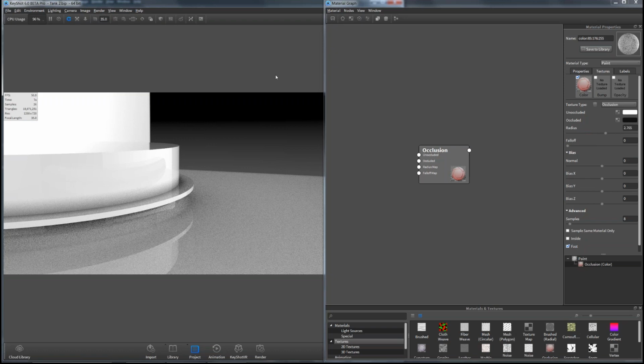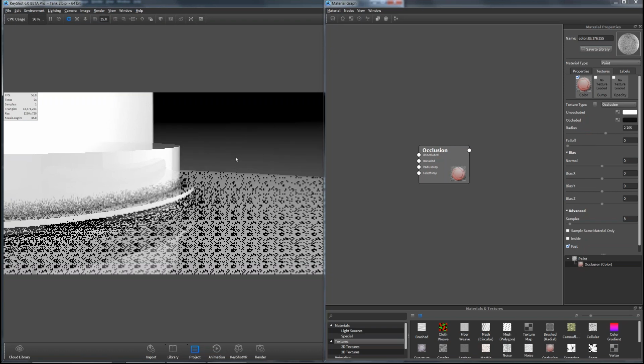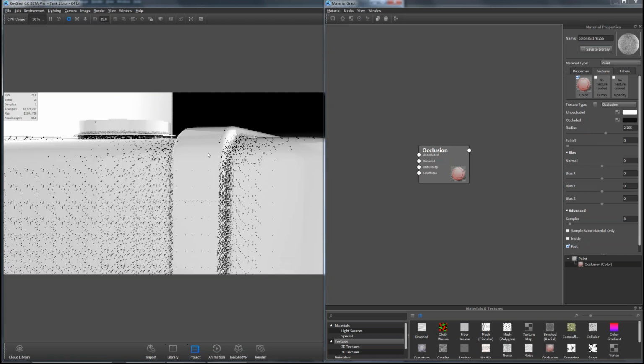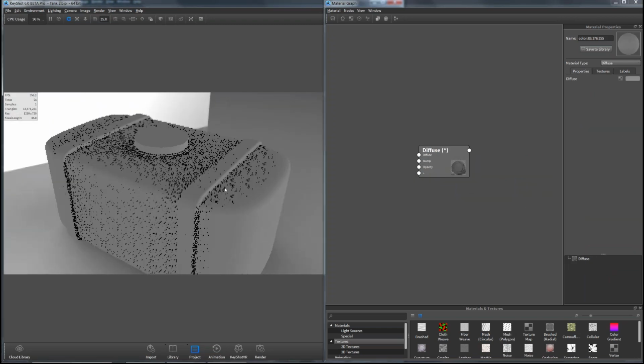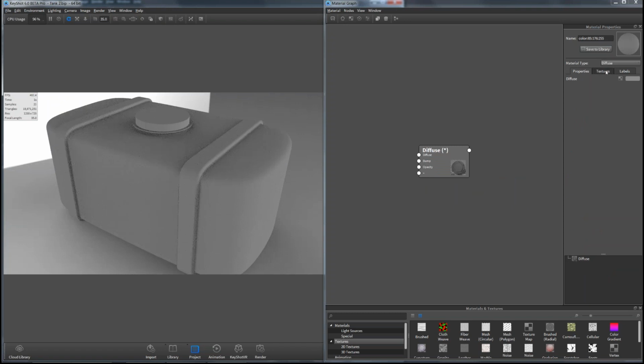All right, so let's actually build the material using the material graph. Let's go ahead and make a new material. So I'll just hit new, and you can see here, warning: creating a new material will replace your current material. I'll say yes. So now it just gets populated with this diffuse material, right? But let's talk about what we can actually do with this material graph. I just looked at the clock, and I have to make sure we get through everything.